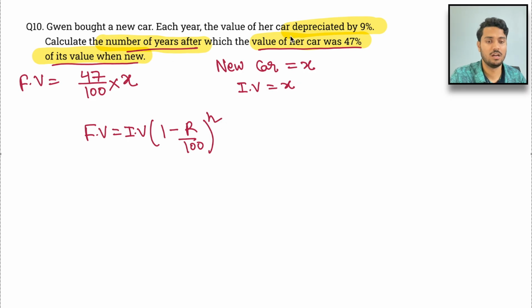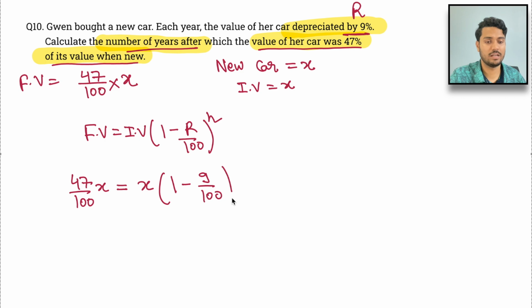It says number of years. Each year the value of the car depreciated by 9%. So this is the rate of depreciation. Final value is 47 upon 100 multiplied by X. Initial value is X. 1 minus rate of interest is 9 upon 100, raised to the time period n. So this X and this X will cancel out. Here we have 0.47, which is equal to 1 minus 9 upon 100, that is 100 minus 9, which is 81. So 0.81